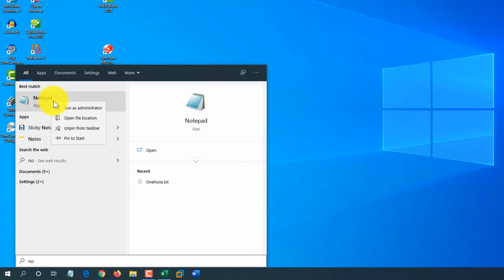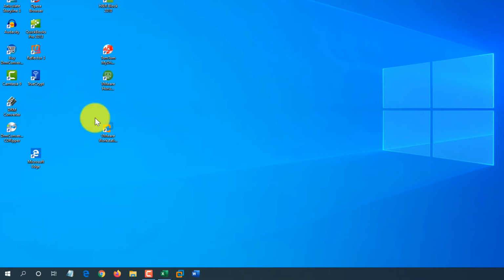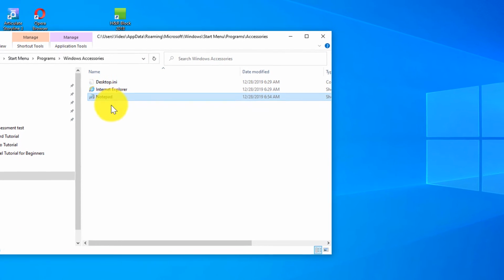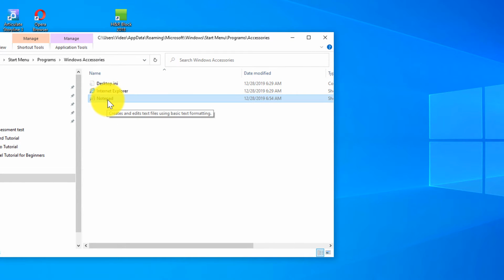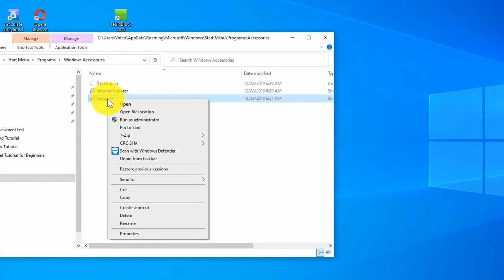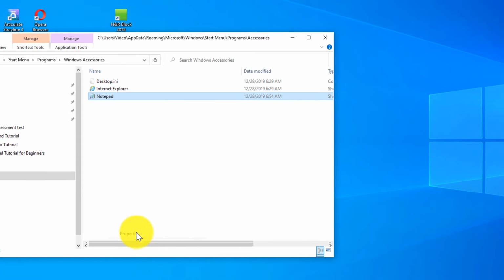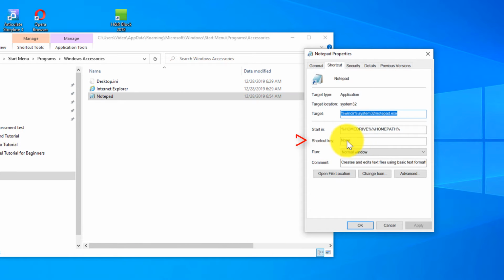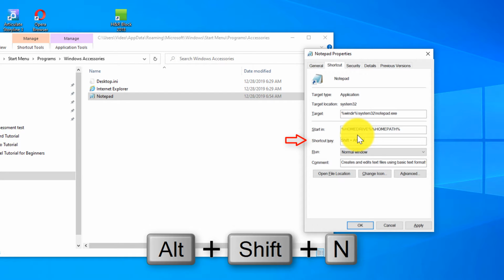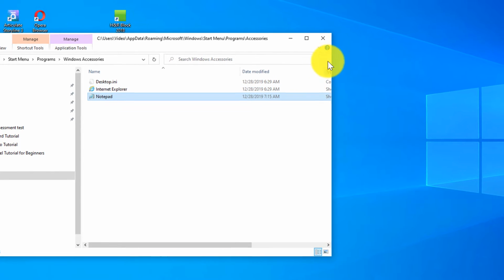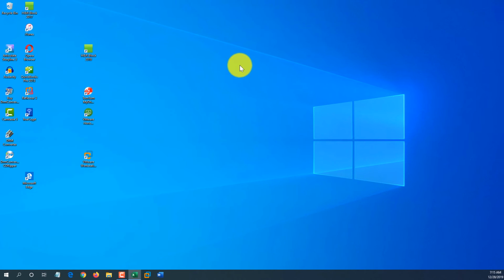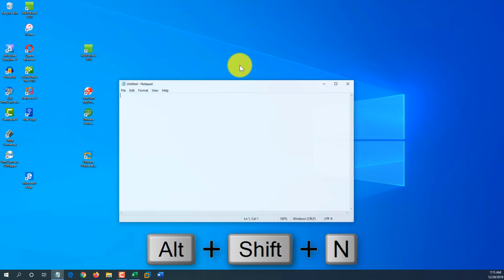You can right mouse click on the application and open file location. And what happens, it shows where the shortcut to Notepad is located. Not the actual application, but the shortcut. You see this arrow sign in the icon. And what you can do, you can click on the properties for this shortcut. And there's a shortcut key. Nothing is assigned by default, but if I type Alt, then holding Alt, press Shift, and then press N, you see that it assigned Alt, Shift, N shortcut. I click Apply, I click OK, I close File Explorer, and now I'll use this shortcut, Alt, Shift, N, and